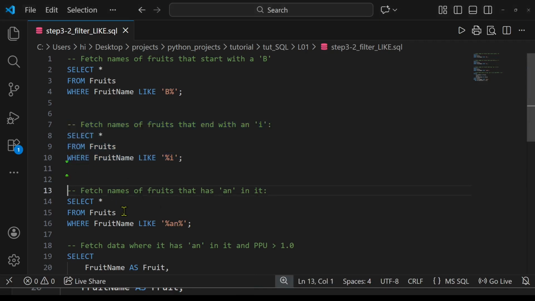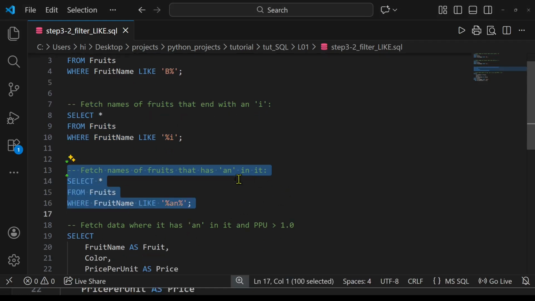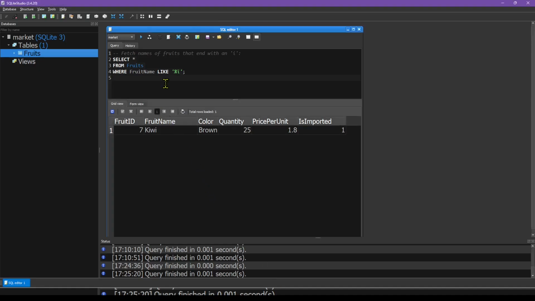Fetch names of the fruits that have 'an' in it. So there should be the letters 'an' in it. So let's run this. Well, actually, let's just run this first. Come over here, Control A, Control C. So in this case, I'm using a percent at the beginning and a percent at the end. Okay, so there's a percent both in the beginning and at the end, so that tells me that it should have something there and something over there, and 'an' should be in between. So come over here, paste it,